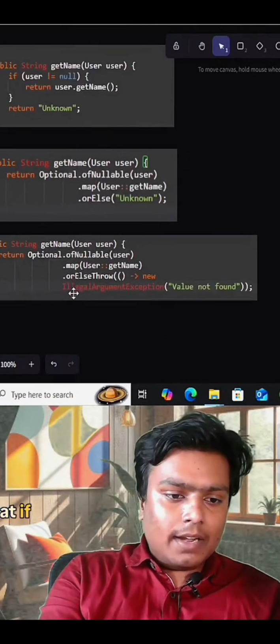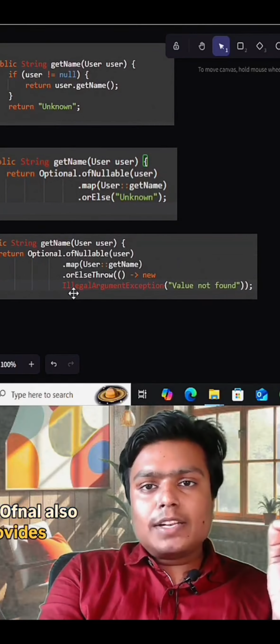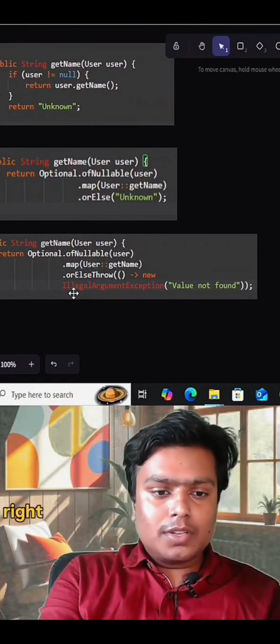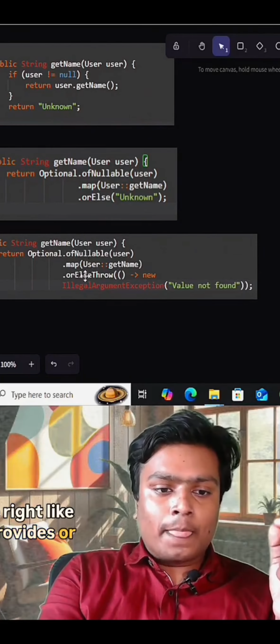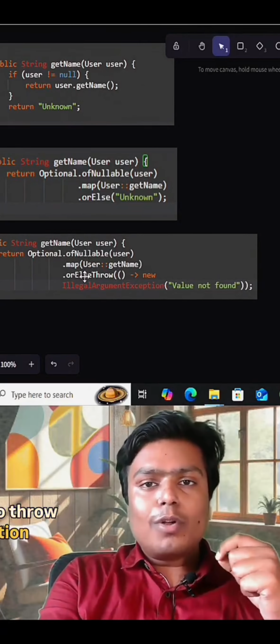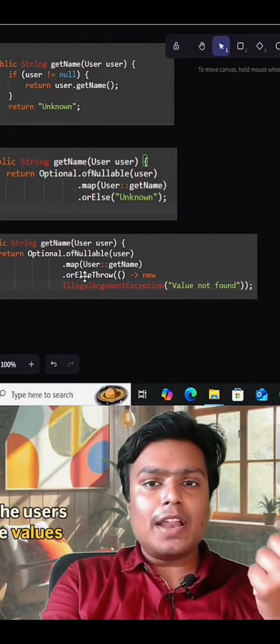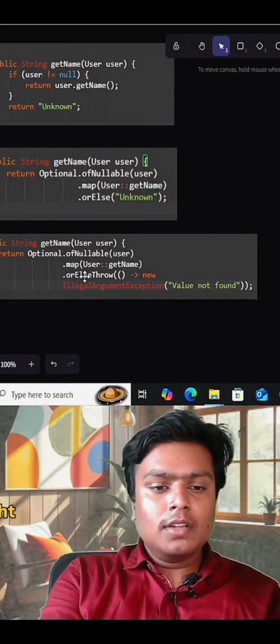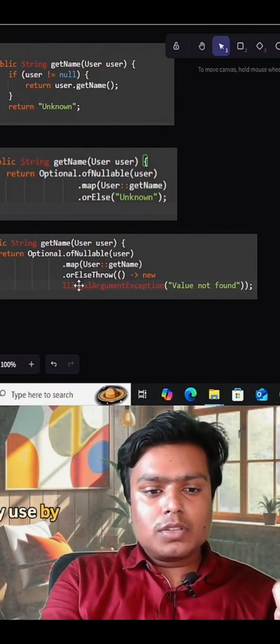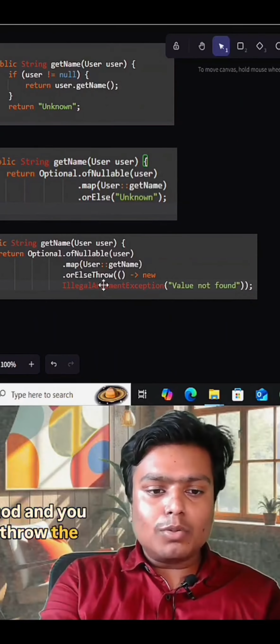Apart from that, if you see, Optional also provides so many methods which you can use. Like it provides orElseThrow. So let's say if you want to throw an exception if the user's name value is null, or let's say the user's value is null, you can also do that by calling the orElseThrow method, and you can throw the IllegalArgumentException,